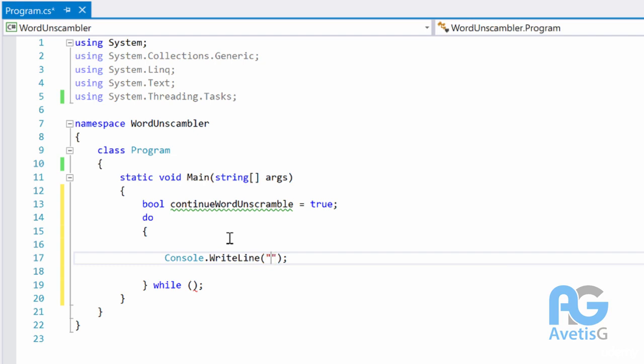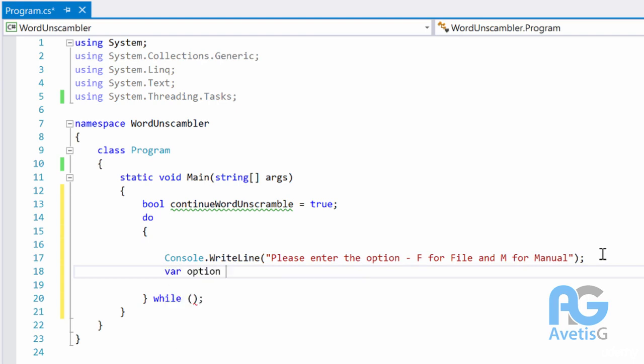So I will say, please enter the option F for file and M for manual. Great. So this is just a placeholder text, and then I will say var option equals console read line, and